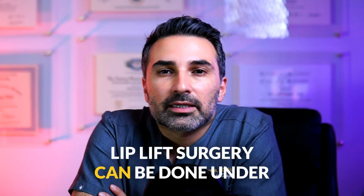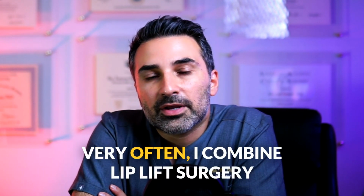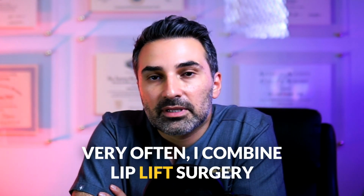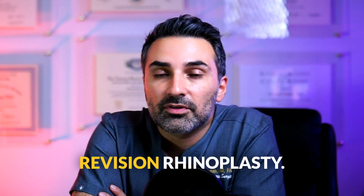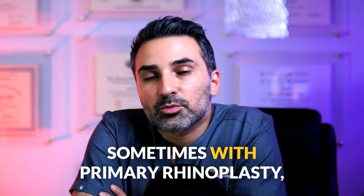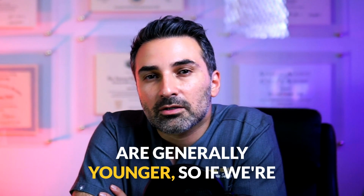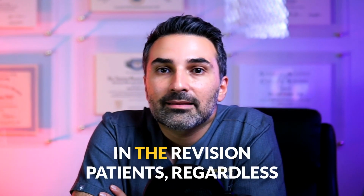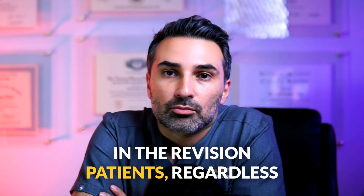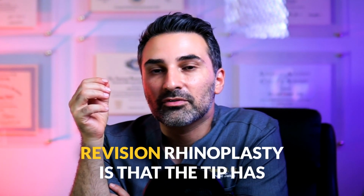Lip lift surgery can be done under local anesthesia or general anesthesia. Very often, I combine lip lift surgery with my deep plane facelifts or with revision rhinoplasty. Sometimes with primary rhinoplasty, but primary rhinoplasty patients are generally younger, so if we're doing it, it's for a genetic long upper lip. In the revision patients, regardless of age, generally the problem with the revision rhinoplasty is that the